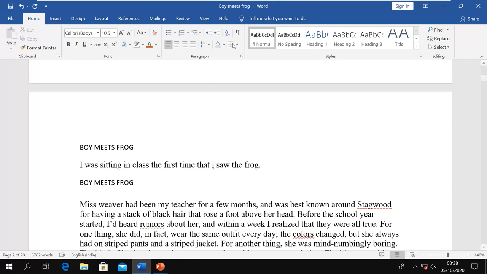I want to see that, so I enable this show hide, and now you can see those tabs and space bars, and this is the enter. Whenever you press enter, that means you change the paragraph, and that is indicated by this. If I press the space bar, tab, space bar, it will help you to remove all those things which are not showing normally. Now I can see what is there, so I can remove it.